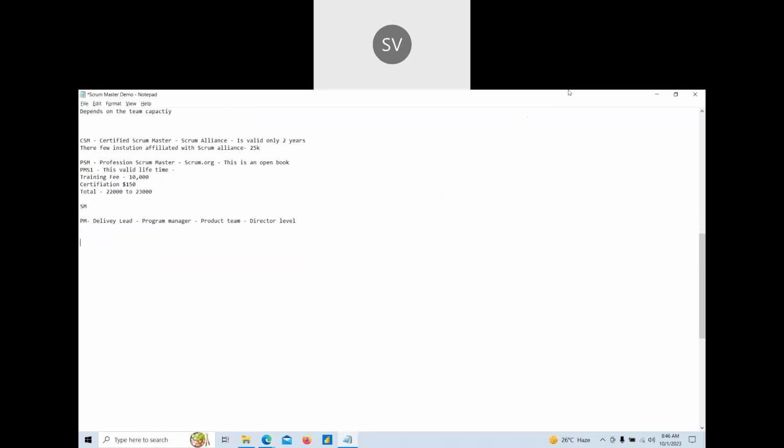But I can say you will get a good handsome salary when compared to other roles. Assume you have good experience of 6 to 8 years, let us assume 8 years, then you can easily get between 18 to 20 lakhs per annum as a Scrum Master. So your pay scale would be good for Scrum Masters too.